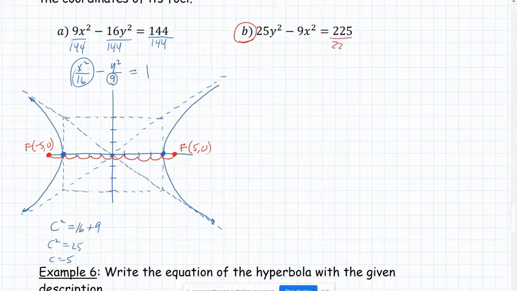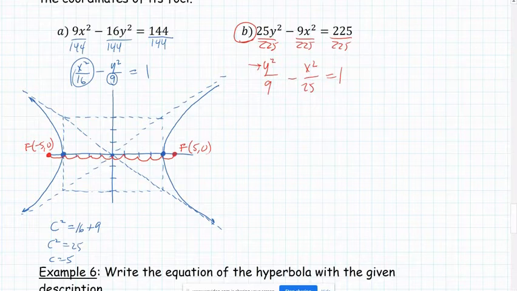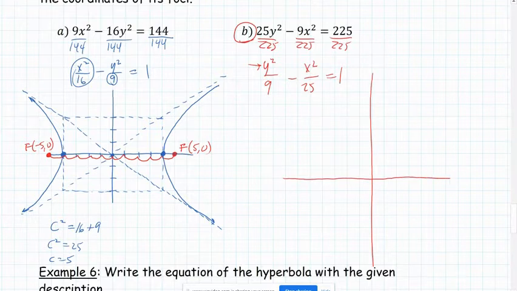Okay, if I divide both sides by 225, then I get y squared over 9 minus x squared over 25 equals 1. And so since the y is first, this is going to be a vertical hyperbola, meaning it's going to go up and down. And so we go 3 in the y direction, 5 in the x direction,